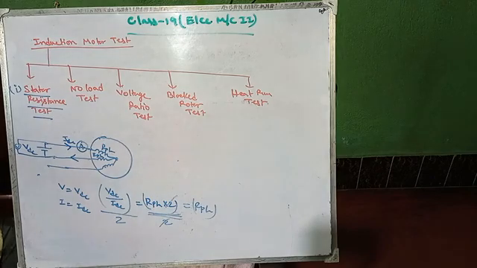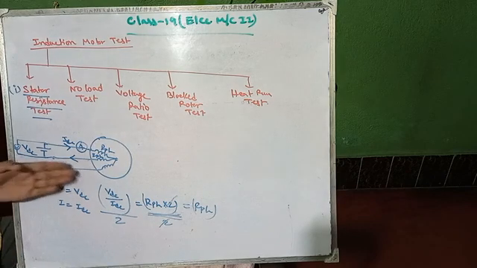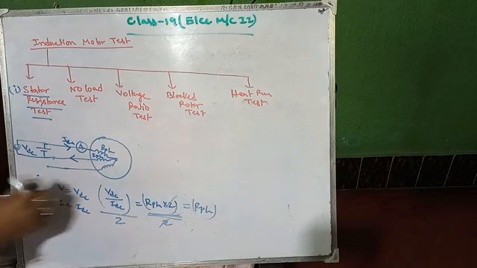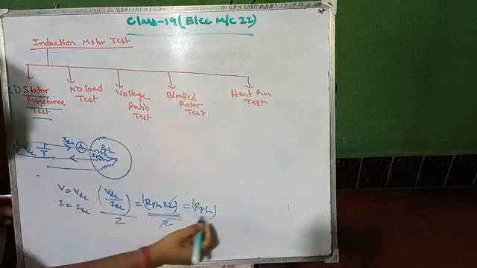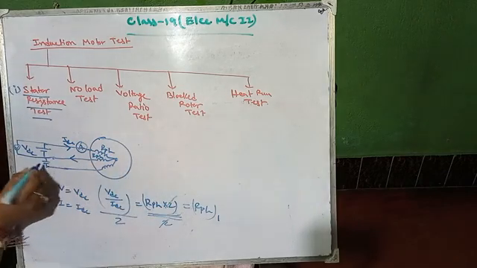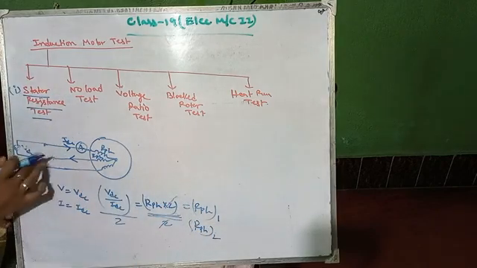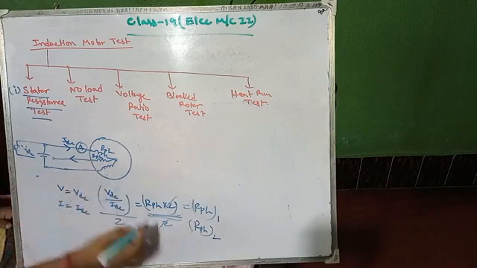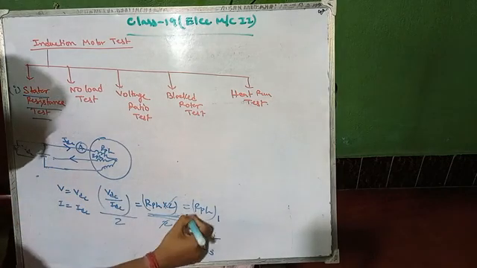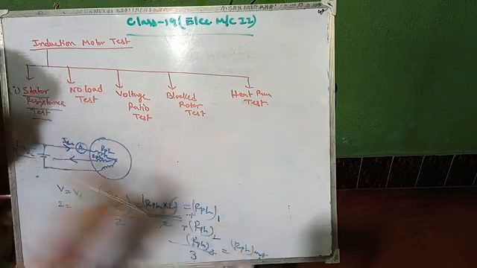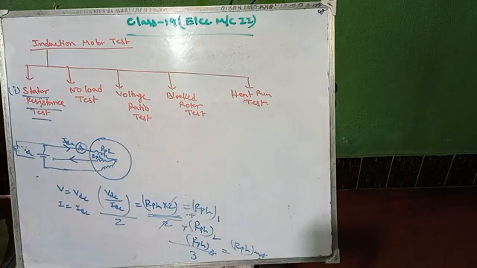We can also find the 3 combinations of series equivalency and get the average value of each phase. Suppose we apply the VDC over here and get RPH1, apply the VDC over here and calculate RPH2, and then connect it in between these 2 phases and calculate RPH3. Now if we add and divide by 3, we get the RPH average, the average resistance per phase.